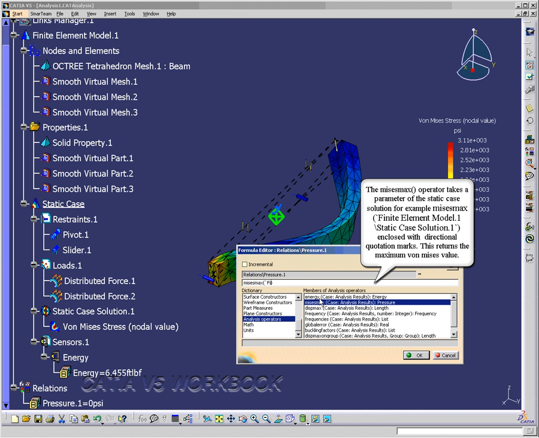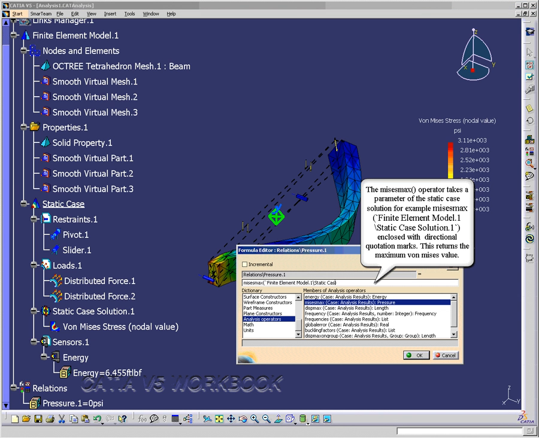You need to type it in exactly as it is in the specification tree, and then you need to type in a backslash,